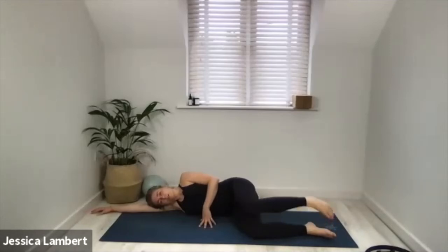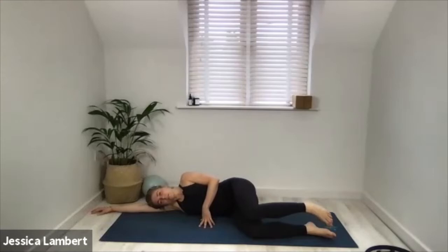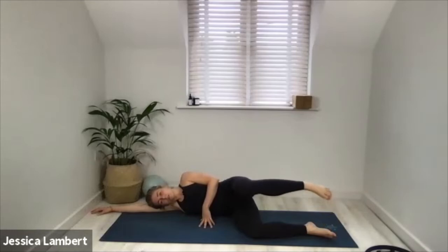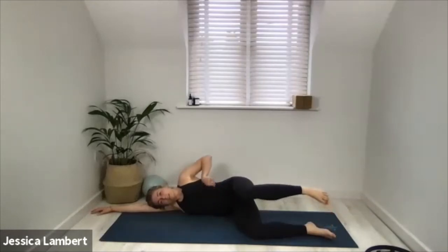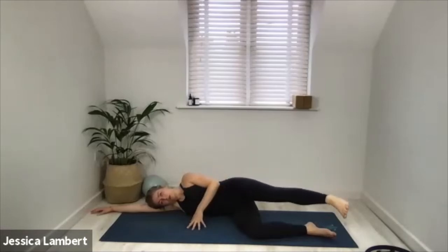Smooth lower, smooth lift, lower, lift. 5, 4, 3, 2, 1. Now keep that leg lifted, extend it away on a diagonal line so that when you lower that leg,